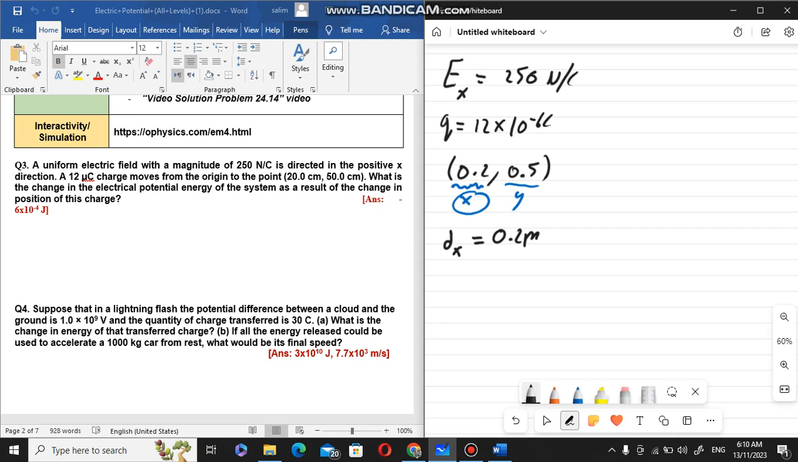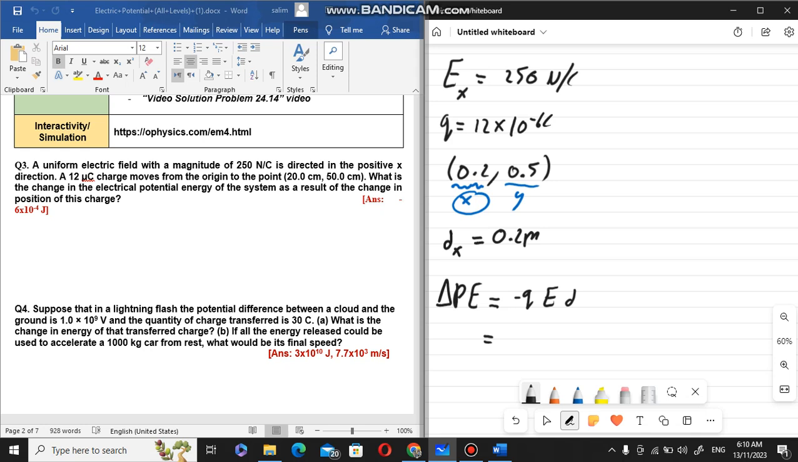Then they want us to calculate the change in electric potential energy as a result of position for this charge, so we say delta PE. Why did I use this? Because they said that they want the change in potential energy and not potential only. If it was only potential, then it is delta V. So delta PE is equal to minus Q times E times displacement,